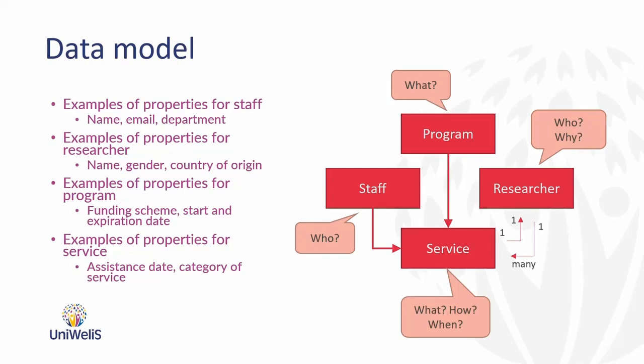Let's now see what we have on each of the sides. On the side of researcher, we have one and one. On the side of service, we have one and many. Now we do the superposition. Each of those two elements we transpose to one by following two simple rules. One and one gives one, and one and many gives many. So we have one on the side of researcher and many on